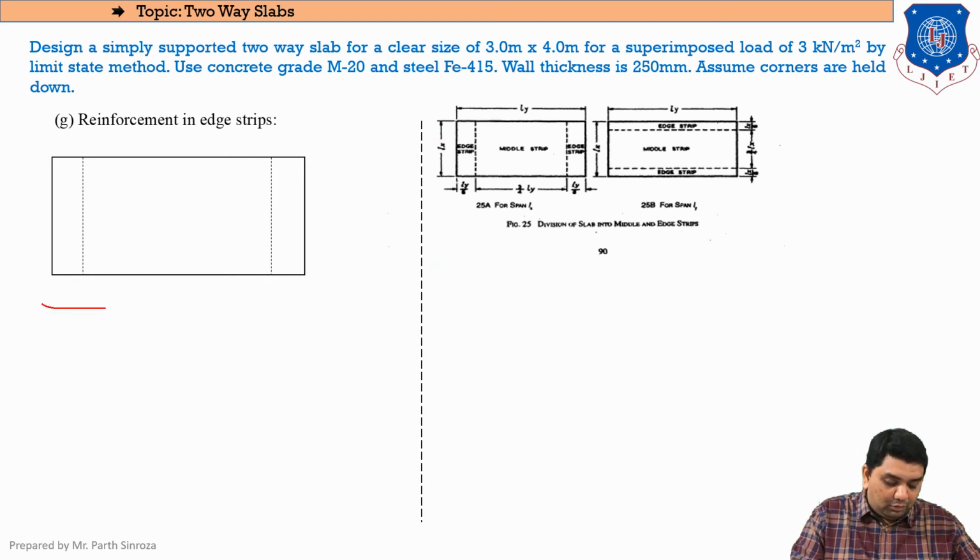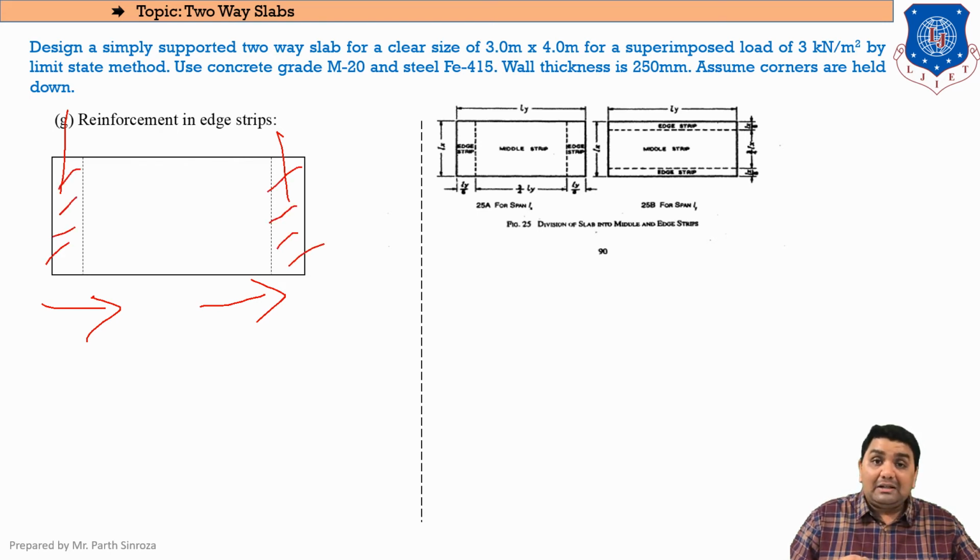So if we go through this direction, that is X direction, we'll be getting strip in Y direction. Now keep this in mind, strips are always perpendicular. If we move along X direction, then we'll be getting this strip in Y direction. And if we move along Y direction, that you can see here, then the strips will be in X direction. Clear? So these are to be identified for solving the next cases.